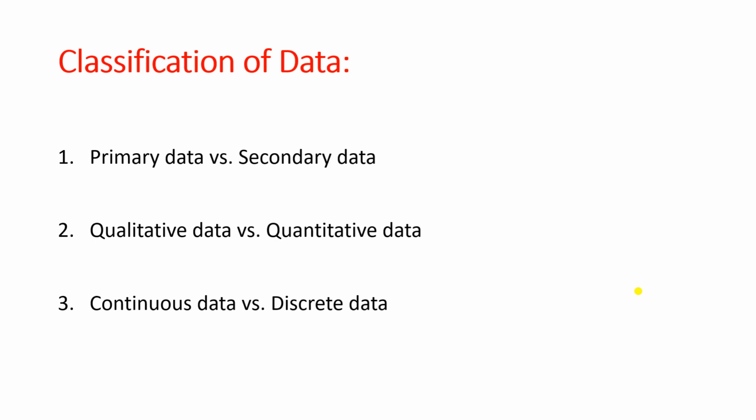It is the variable itself that makes the difference. If the variable can be measured, it is quantitative data. If the variable cannot be measured, it is qualitative data. I will give you an example. I am talking about blood sugar, right? So say we are talking about fasting blood sugar.